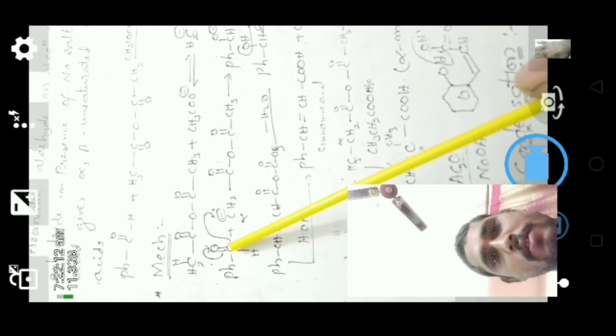This is the acetic anhydride formula. This acetic anhydride, when we react it with the carboxylate ion, gives a carbanion. This carbanion reacts with benzaldehyde: the negative part attacks this carbon, and this oxygen acquires a negative charge and the carbon acquires a positive charge. This positive charge is neutralized by the carbanion to give the alkoxide ion.